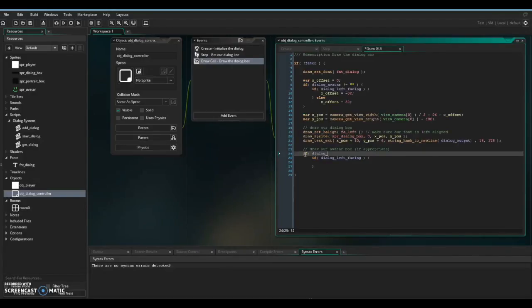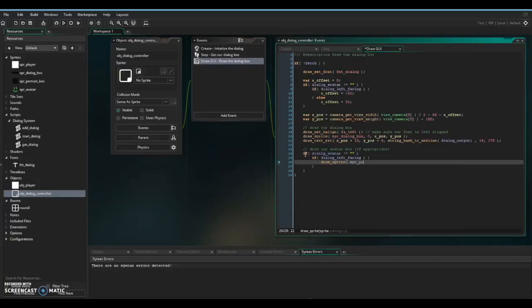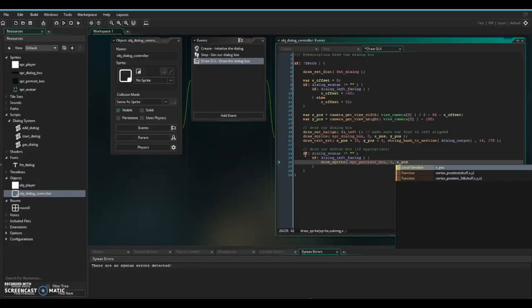So we'll say if dialog avatar does not equal nothing. Close that off. Okay, so draw sprite spr_portrait_box,